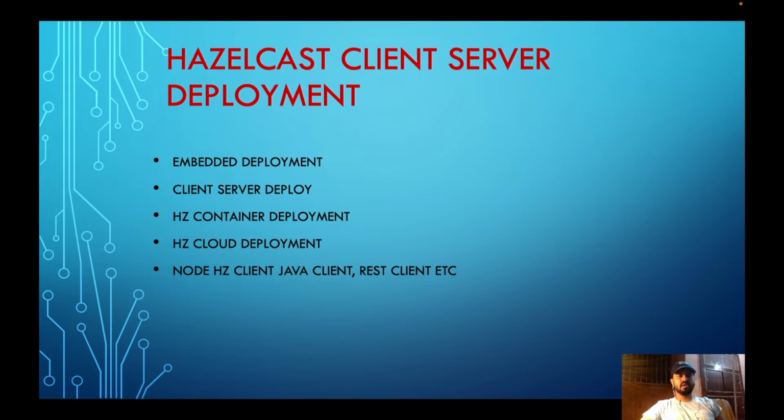So what happens in client server deployment? You have your Hazelcast server deployed on a particular server and your Hazelcast client application is running on a different server or on the same server. All the data is stored on the Hazelcast server and your client application directly connects to that server cluster, and